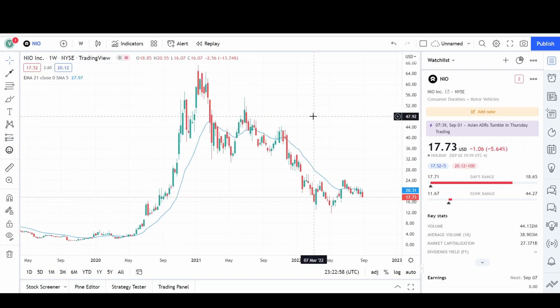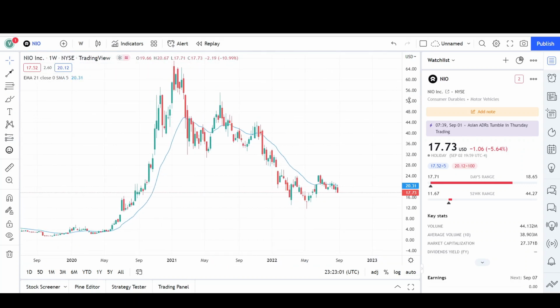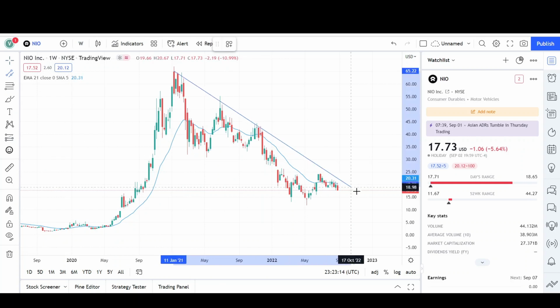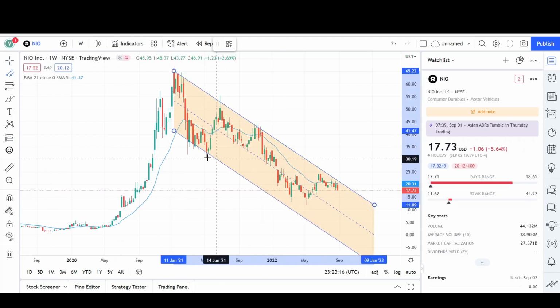And here we have the weekly chart for NIO. You can see that we've been going down since January of 2021 when it made the high around the $66 level. Since then, we have been working lower. So if I connect the swings, you'll see a channel form, and this looks like the downtrend channel that prices